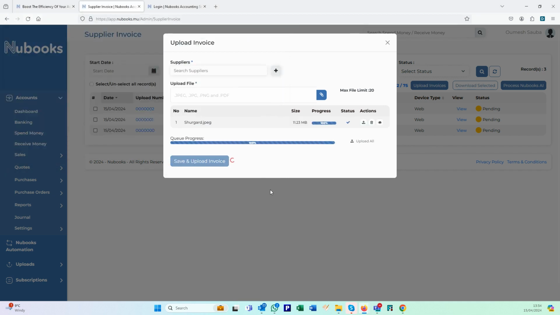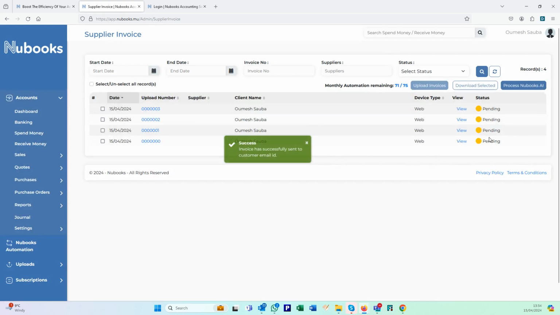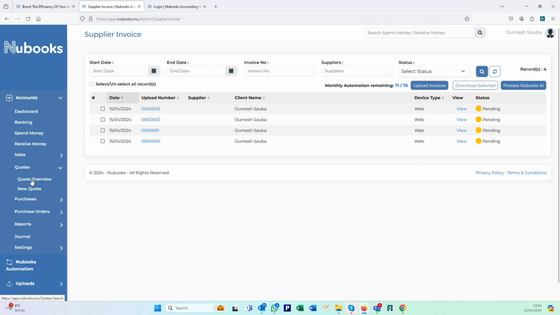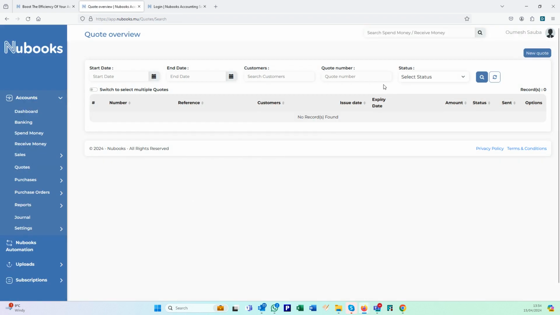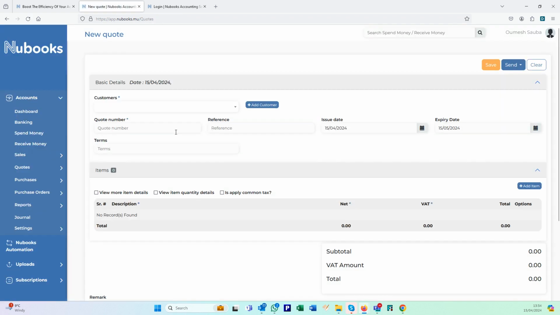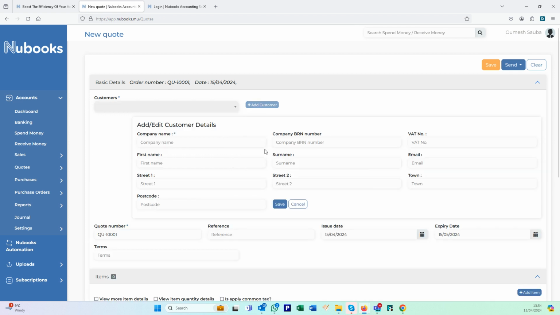So once you've uploaded all your invoices, you will see them pending here because these invoices are being processed. Now we're going to show you how to make a quotation. You can make a quote for a customer, which you can turn into an invoice. For example, if we're going to make a quote for a company in Mauritius,